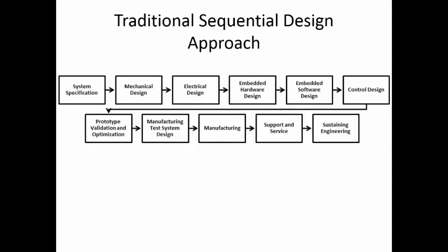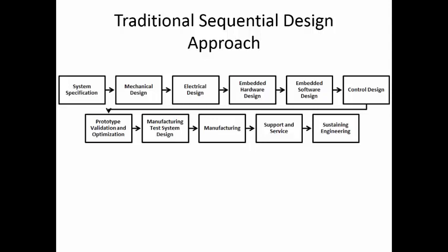So the next one is the design process. Now, how exactly are we going to design a mechatronics system? Before we understand the design process of the mechatronic system, we should understand what the traditional design process is. What are the steps in the traditional design process? Identifying the requirement of the part.